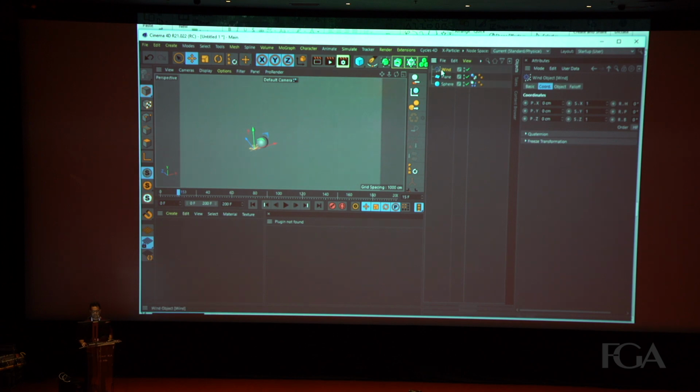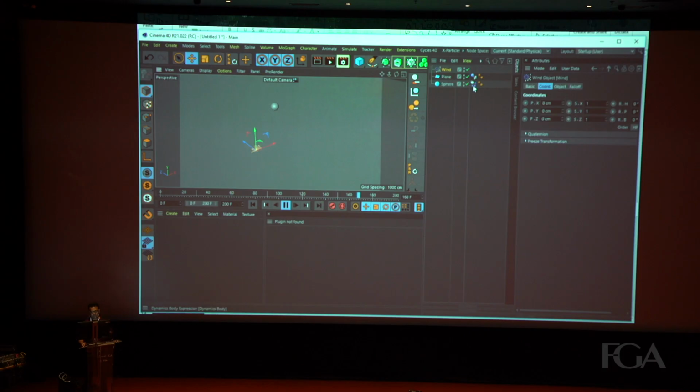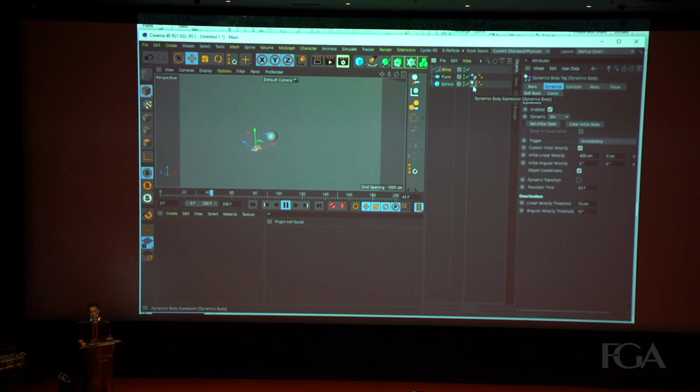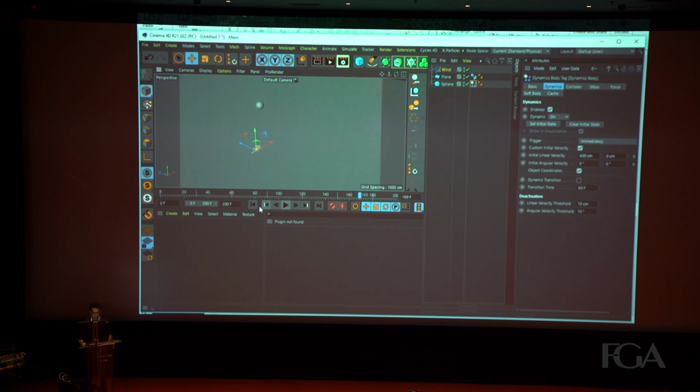And I have just picked a wind modifier, wind force, to affect this ball. Let's see if it's doing something. Yes, it is. So what is happening right now is my initial velocity is forcing the ball towards the X direction. And at the same time, as you can see, my wind direction is opposite to that direction. So wind is forcing it in the opposite direction. So that's how I got this dynamically curved motion.